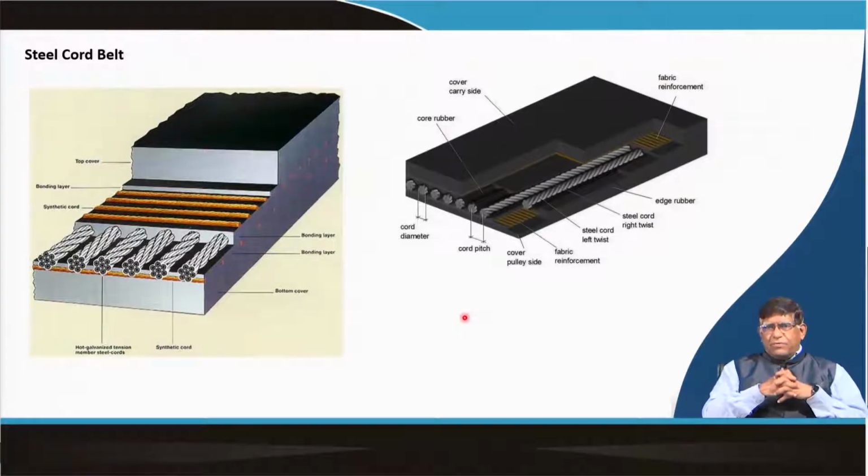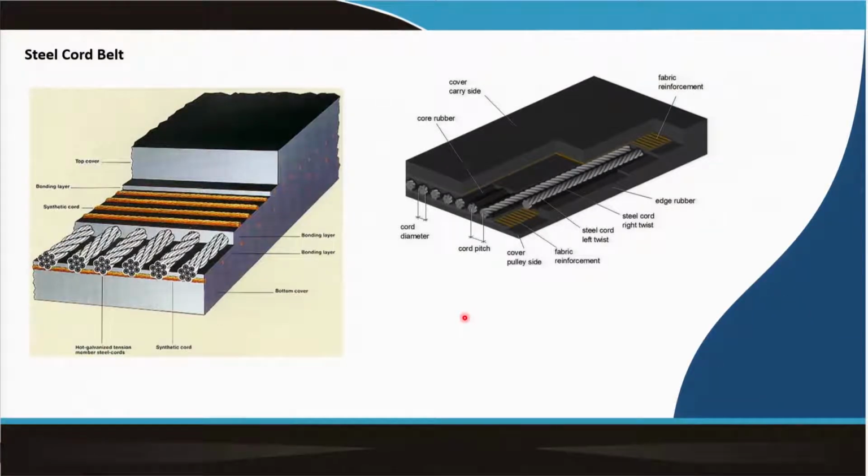But for that, first we will have to know how these two ends will be connected together, and then how it will be driven, that is, what engineering arrangements will have to be made to drive it. Then we will have to do simple calculations of the power requirement to drive a conveyor belt. Then, what are the different maintenance aspects that will have to be done.